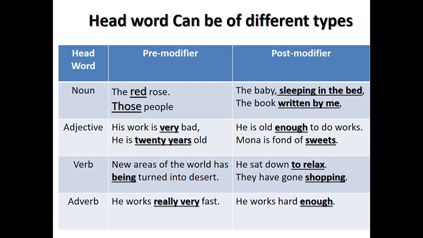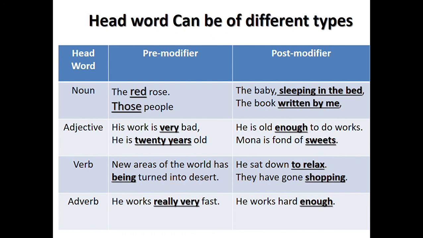Adjective, head word: he is very bad here. So very is pre-modifier here. He is 20 years old. 20 years is pre-modifier. He is old enough to do works. Enough is post-modifier. One is fond of sweets. Sweets is post-modifier. New areas of the world has been turned into desert, and here being pre-modifier. They have gone shopping. This is the